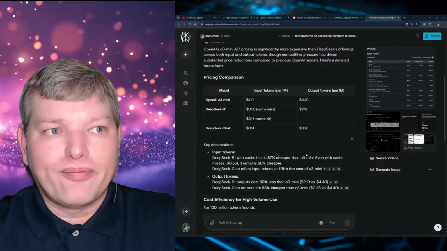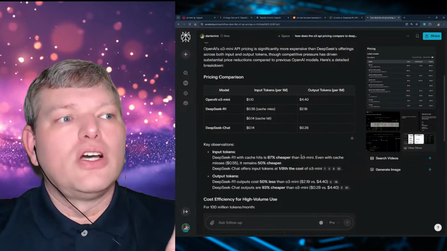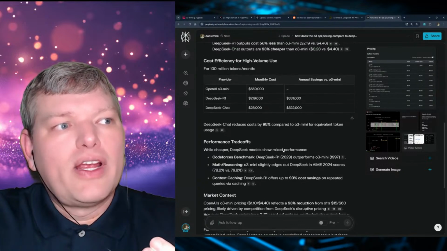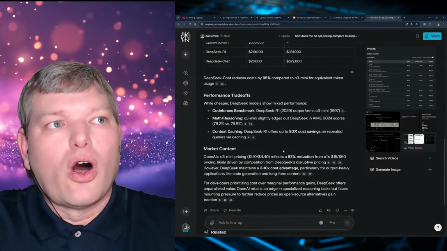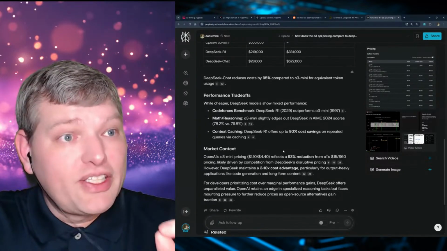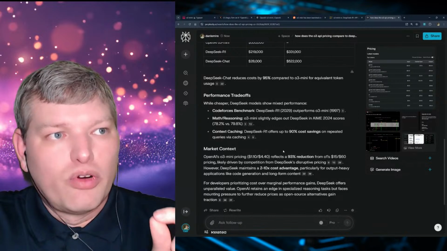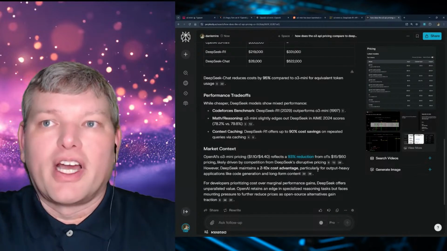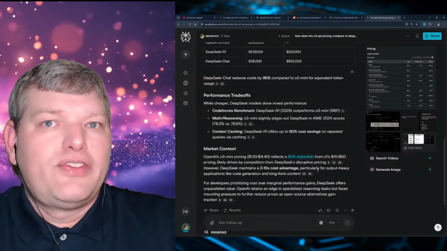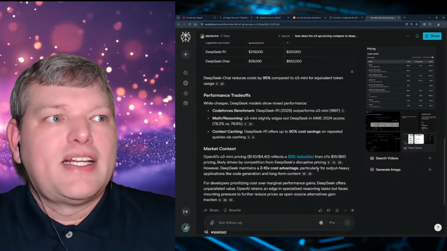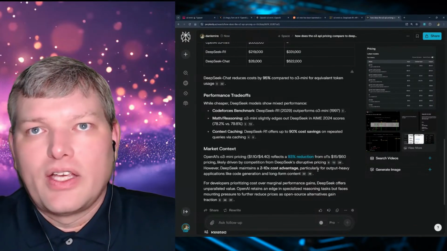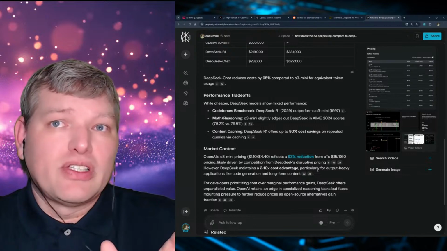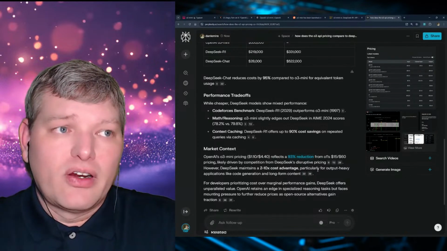But here's the thing. When we look at where we are in terms of the cost falling off, it's dramatically cheaper than we were before, right? We're at a 93% reduction from O1's $15 and $60 pricing. So DeepSeek has absolutely disrupted the pricing here.